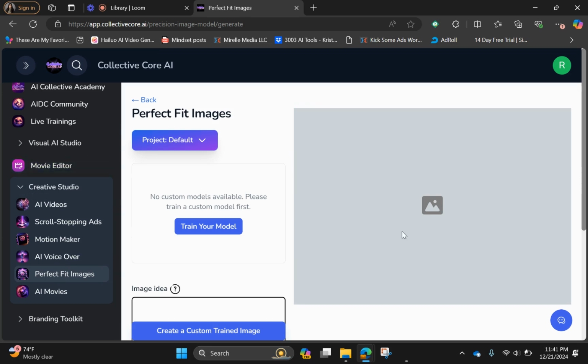And this one is also one that you would have to pay for, but it's per model, not per image, right? So you're paying one time. I think it's like $6. You pay one time, and then you get multiple images of yourself, and you don't have to pay extra. Okay.